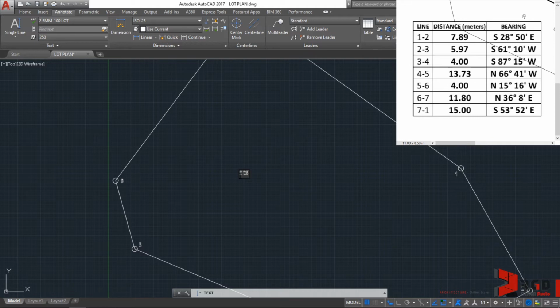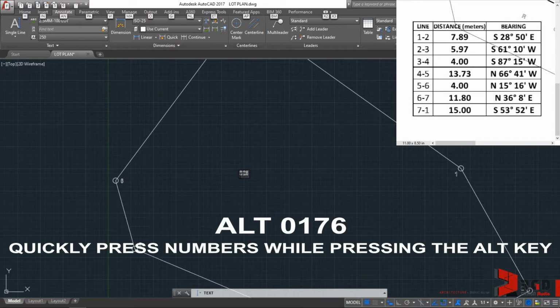Unfortunately, we don't have the luxury of using the text editor tab for single line text. So we use the Unicode shortcut for degrees on our keyboards by pressing Alt 0176 on our number pads. I repeat, Alt